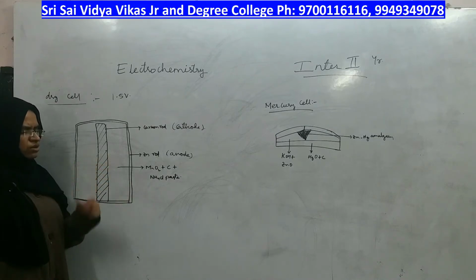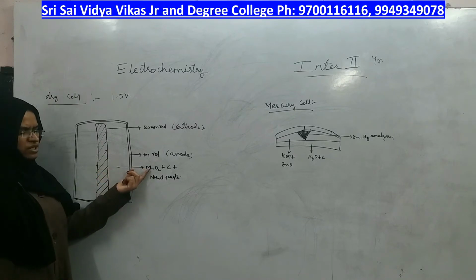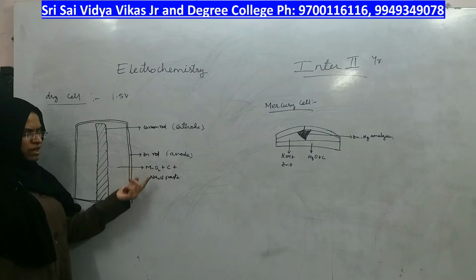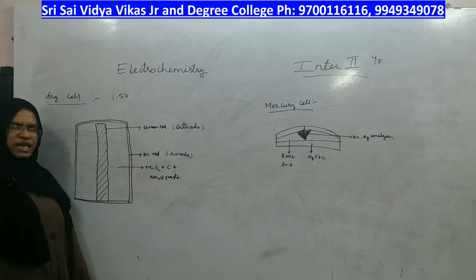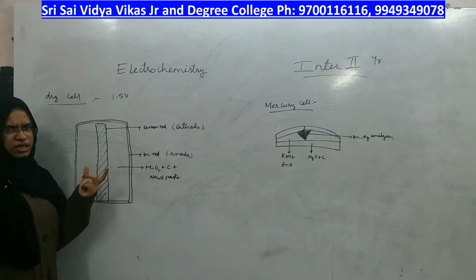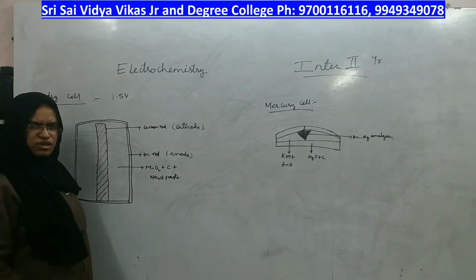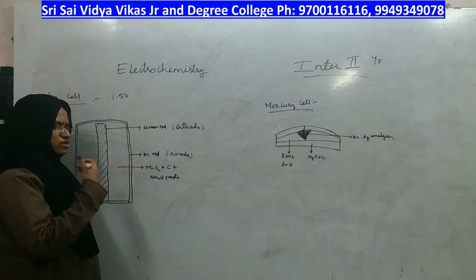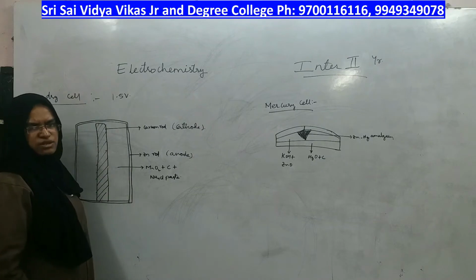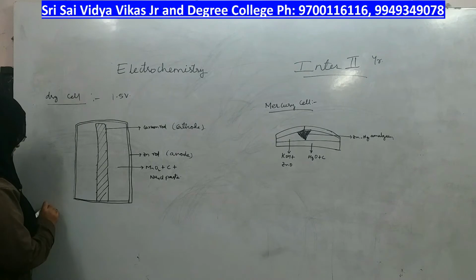Then what is the electrolyte for this battery? It is a mixture of MnO2 paste, carbon black and ammonium chloride paste. A paste of MnO2 plus carbon black and ammonium chloride acts as an electrolyte for this battery, right? So, how it works is same as any other electrochemical cell. Anode undergoes its reaction of oxidation and cathode undergoes its reaction of reduction. Let us write the cell reaction.